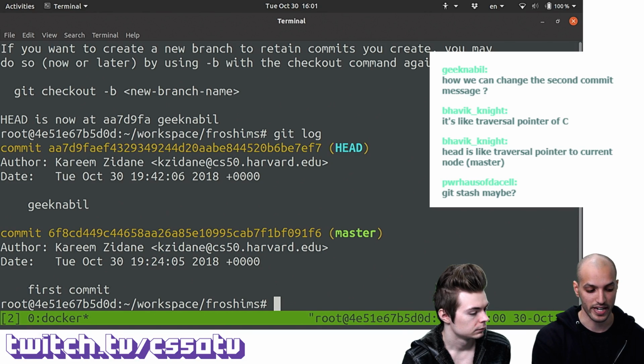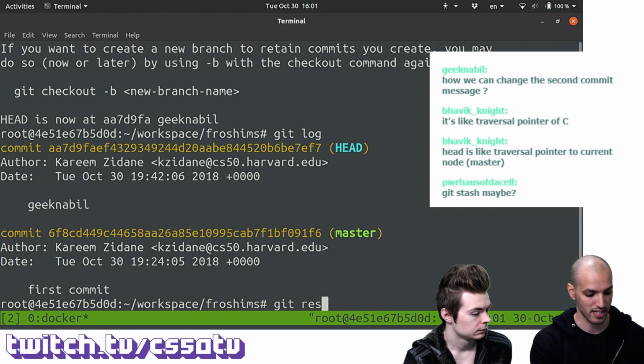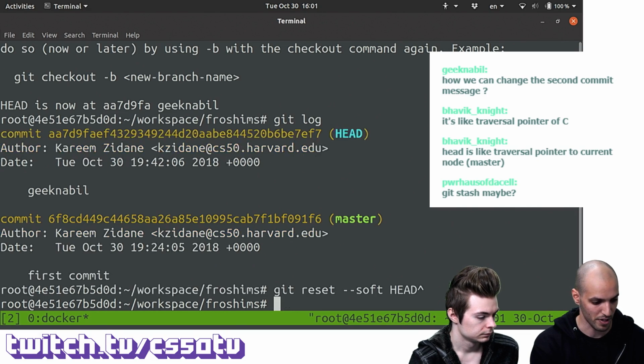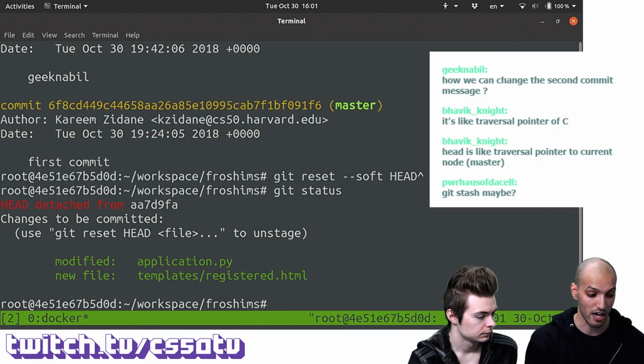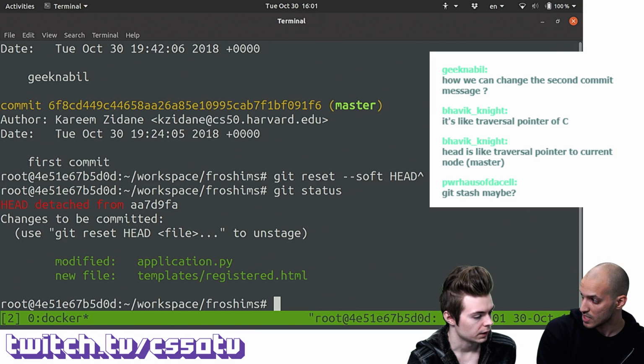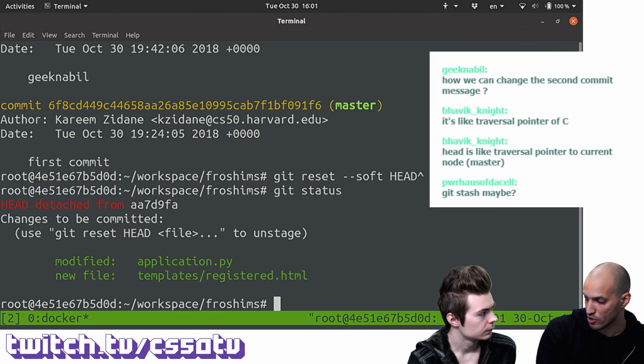So when we did git reset to the parent commit, what happened is that our changes were maintained from that commit, AA7 something something, in our working directory. If I do git reset, same command, but add --soft to it, parent of HEAD, and I do git status again, now our changes are still maintained, but instead they're in the staging area. Okay. Right? So you can imagine this is useful because if you change the same files in your working directory right now, this is not going to override these changes. Right. If that makes sense.